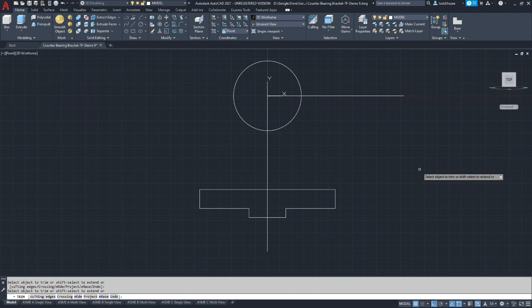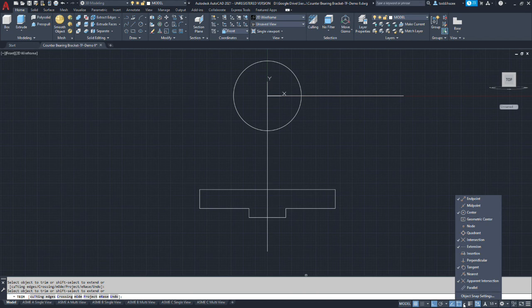Now we need to draw the lines that are angled that make up the angled flange. Before we do that, we're going to take a look at our object snaps. What I want to accomplish is to draw a line from this intersection that's tangent to the circle. I've noticed that if we disable the center and anything that could interfere with picking up tangency, it helps when you're doing this. So let's disable center, and you need to have at least tangent and intersection selected.